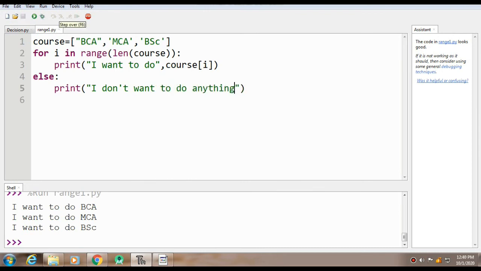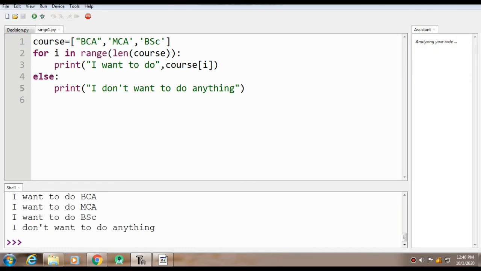So I'll save it. Then as I execute it, first of all it will print all the elements that are there in the particular variable, and then when these elements are finished it will simply print I don't want to do anything. So this is the simple way to do the for loop with the range and len method.